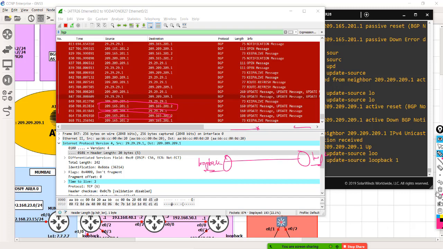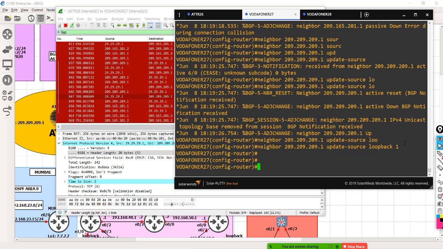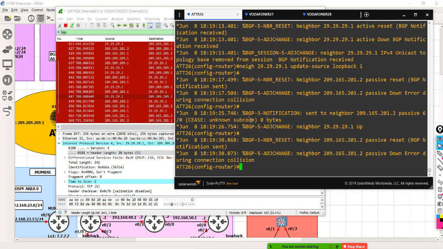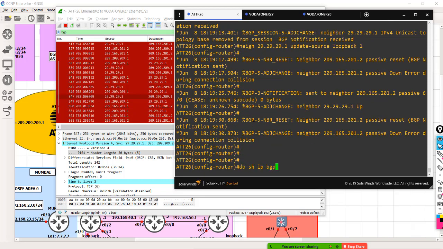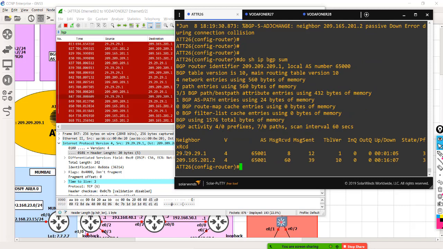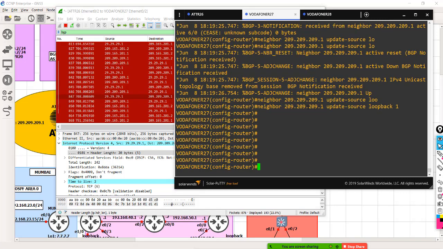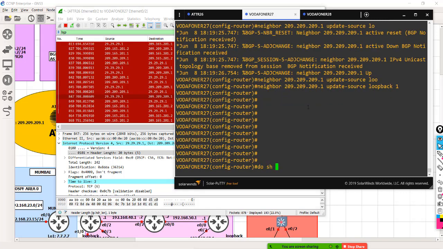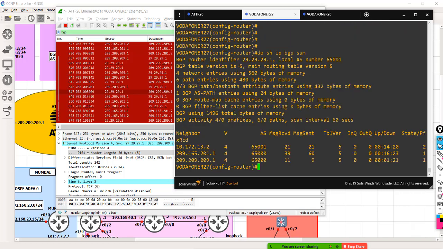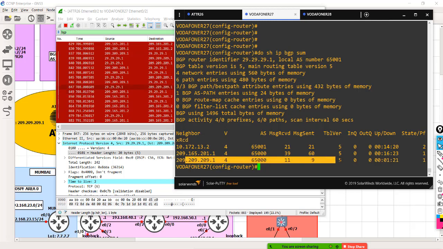So now let's see what the neighbor relationship is. If I go to the first router and do show ip bgp summary, you see they have formed a neighbor. Okay, for the past 1 minute they have been neighbors, a happy neighbor. Not a crying neighbor with never established. Now it's happy neighbors. You can see here they are neighbors. So two things are required when you are forming eBGP between loopbacks.